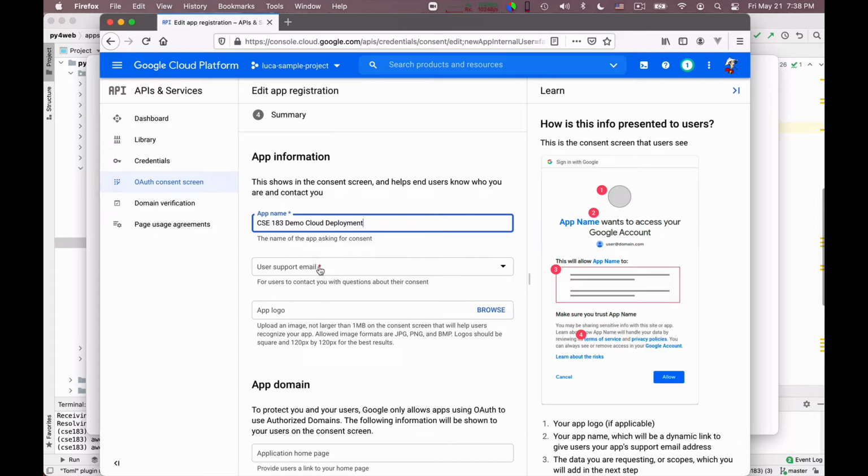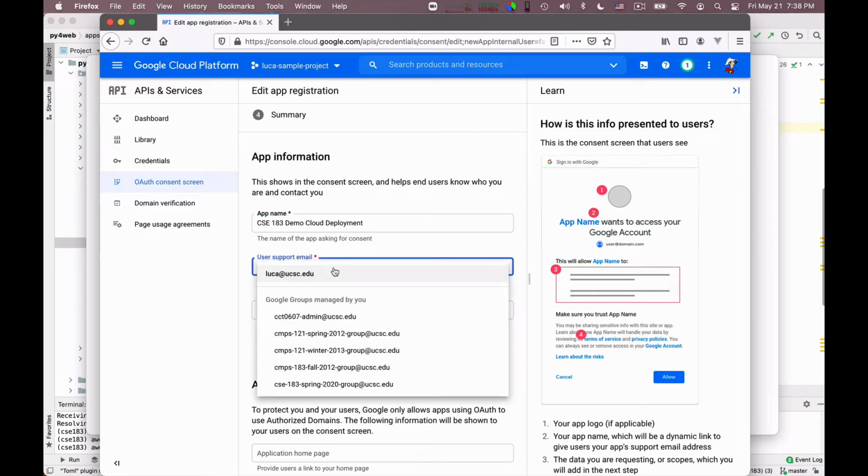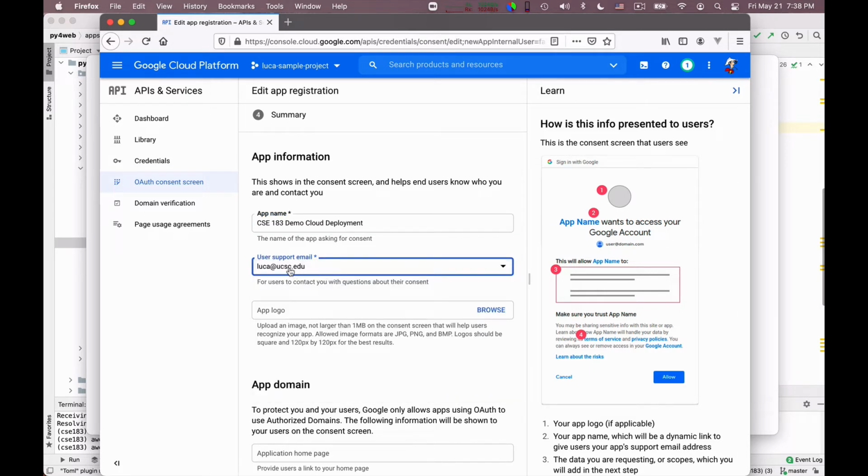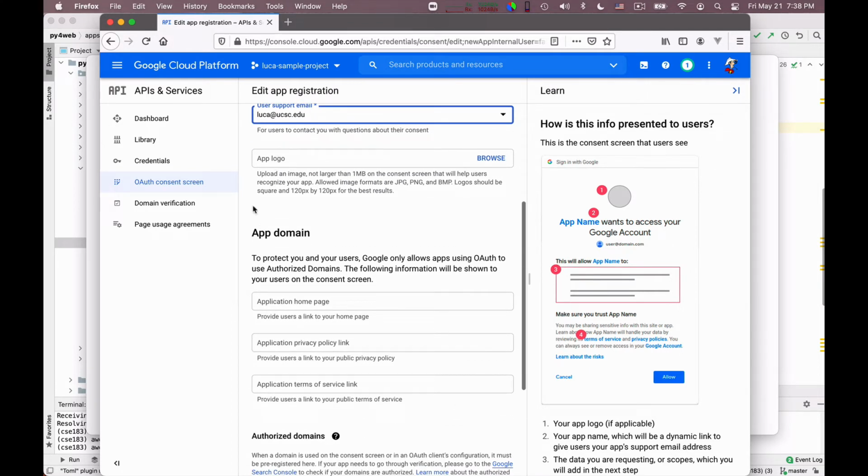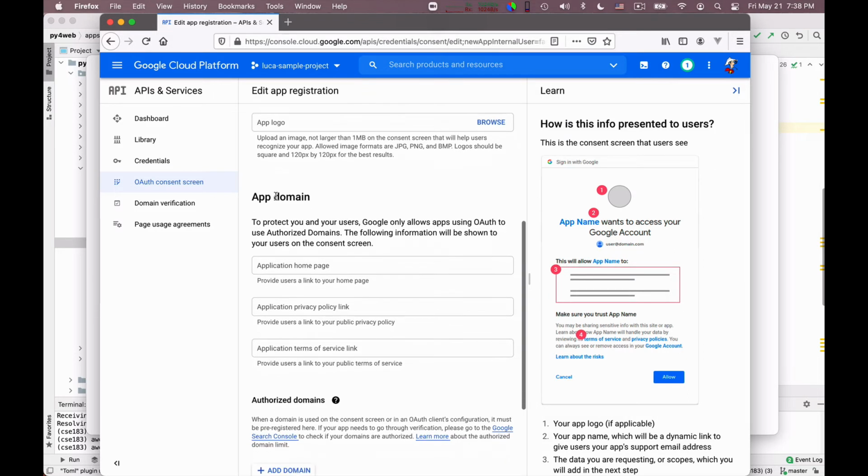User support email. A very good solution would be to create a Google group and put the Google group email address here. This lets you create a support email that doesn't go to a single person but to a group of users, and you can then add the various contributors to the app. That is what I really advise you to do, but in this case, in a pinch, I will just use my usual email. I don't have a logo. Maybe don't add one, because then they want to do a review.